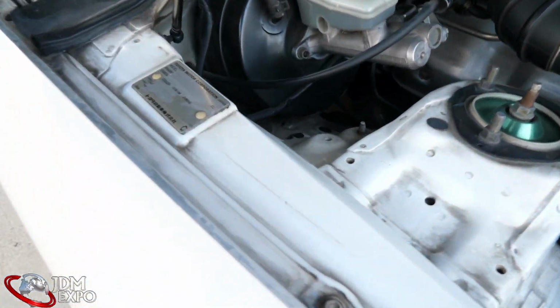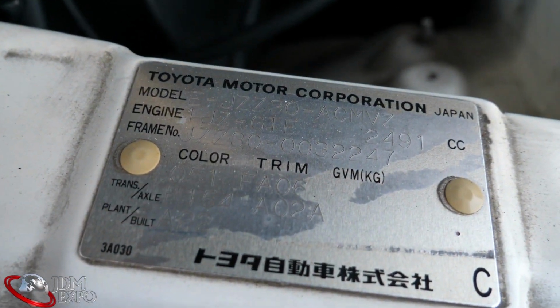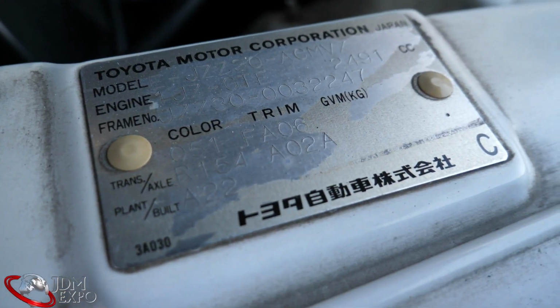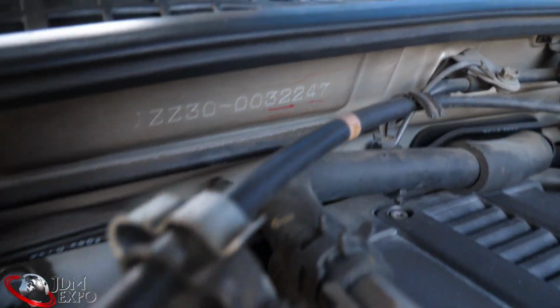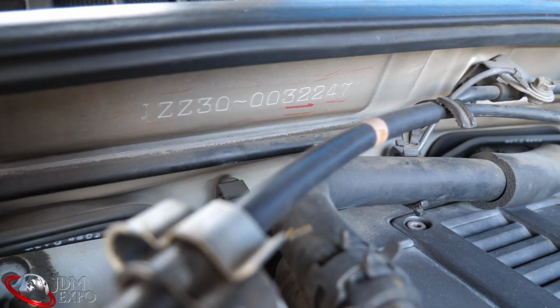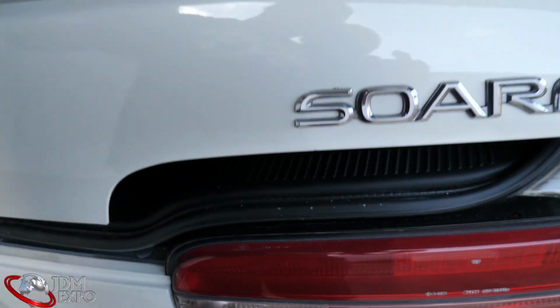We have the chassis code right here, for those of you curious. For more info, you can look it up on your favorite reference website for JDM VIN numbers. And here we also have that. Alright, so